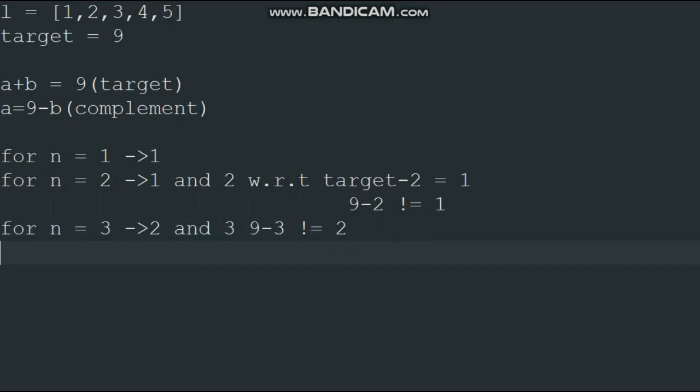Okay, for n equal to 4, the element which was previously there is 3, and the new element which is coming now is 4. So 9 minus 4 is not equal to 3.